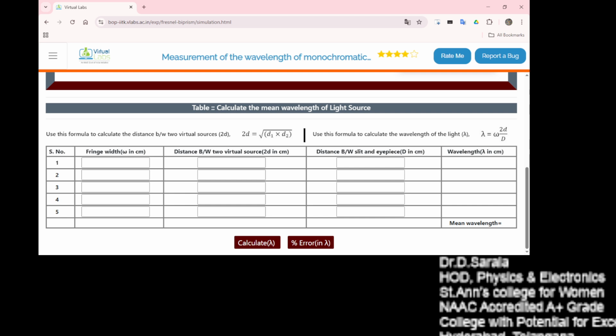Compare it with this. The same experiment you can do at your labs also, and calculate, record your observations, calculate the results, and compare those results with what you get in this virtual experiment. And by using these virtual laboratories, you are able to do the experiment, practice it as many number of times as